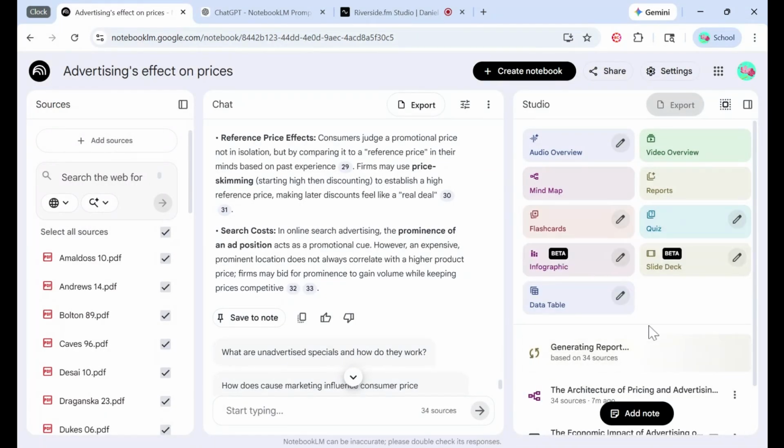A quick note about these other features, especially quiz, flashcards, video, and audio overview. These tools are really helpful if you are studying for a test and want to upload these sources for something. But as far as a literature review, we'll stick mostly to mind map, reports, data table, and possibly infographic and